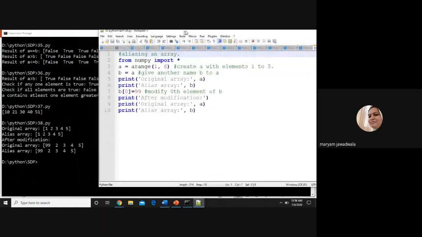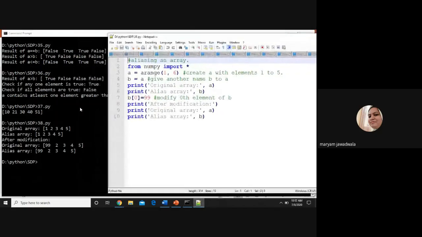If you change an element of one array, it will obviously be reflected in the other array, or alias. So this is the original array 1 2 3 4 5, and the aliasing array using B equals A, and after modification the first element is changed for both A and B.